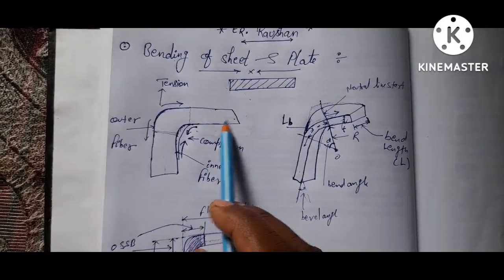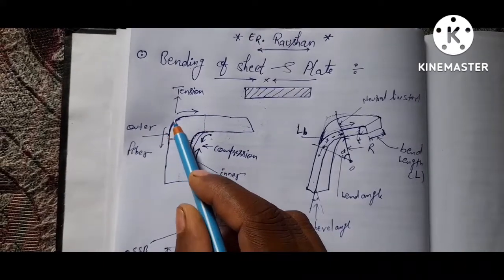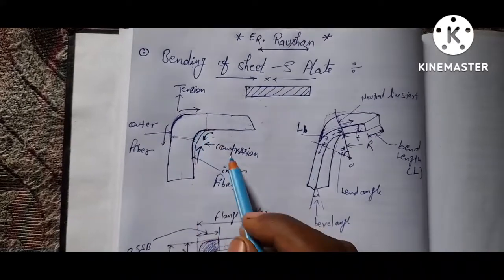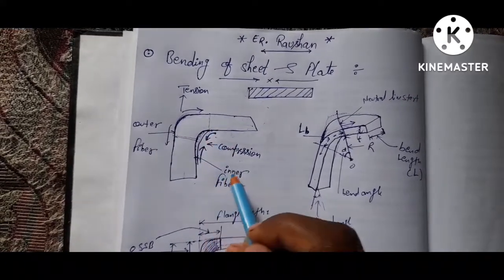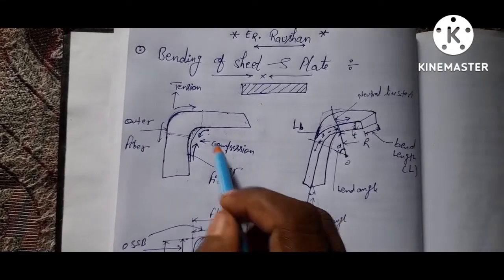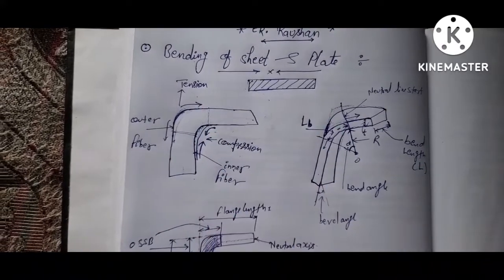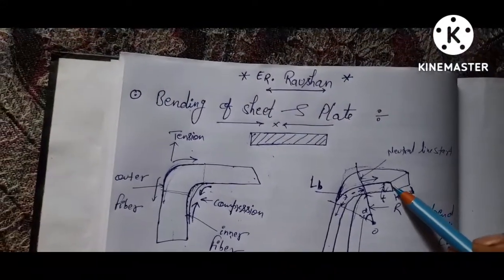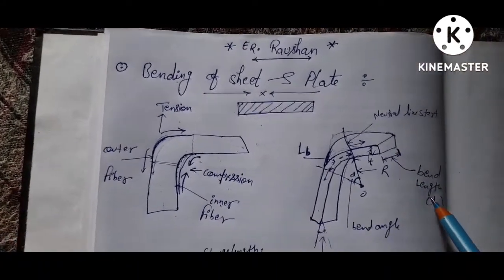sheet is bent like this. So this is the outer portion, and this outer portion is stretched out, that means it is in tension, and this is the inner portion, which is in compression. So the inner fiber has compression, and the outer has tension. If you go into deeper terminology, this portion is known as bend length L,